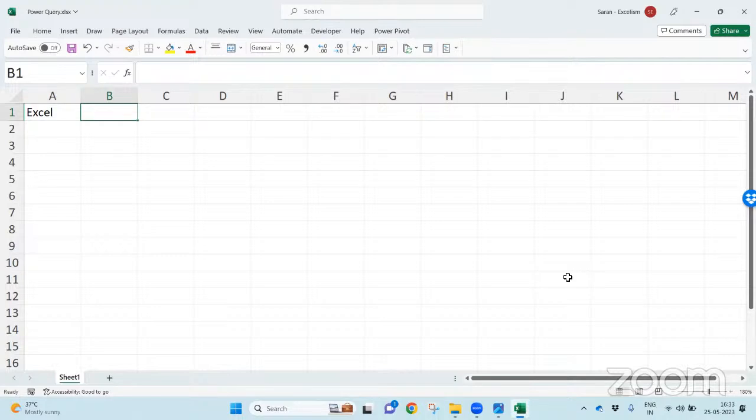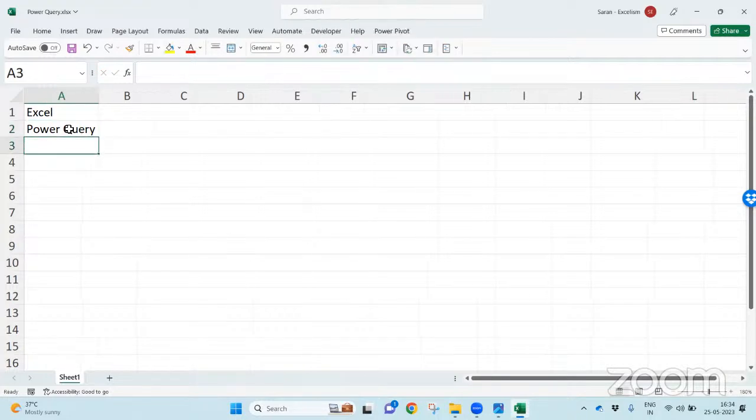Once you are good with Excel, then Power Query. I'm just trying to list the tools that, as a data analyst, either from the finance domain or any department, you minimum need to learn. Then you must be familiar with Power Query.